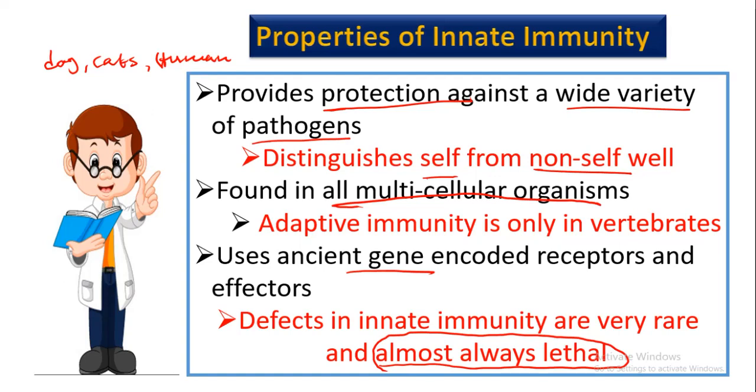For example, if a child is born without the nostril, without the mucus in it, automatically that child will not be able to survive when it comes to any airborne disease. Actually, even the lining of the lungs has some mucus and the surfactants. All that plays a major role for that child to survive. So if a person has a defect in the innate immune system, which is rare, that person will rarely survive.